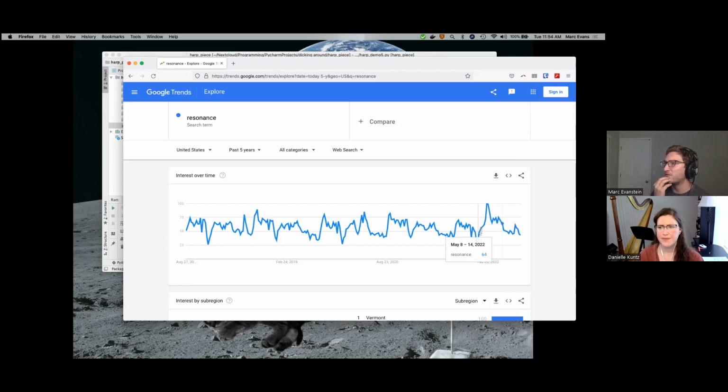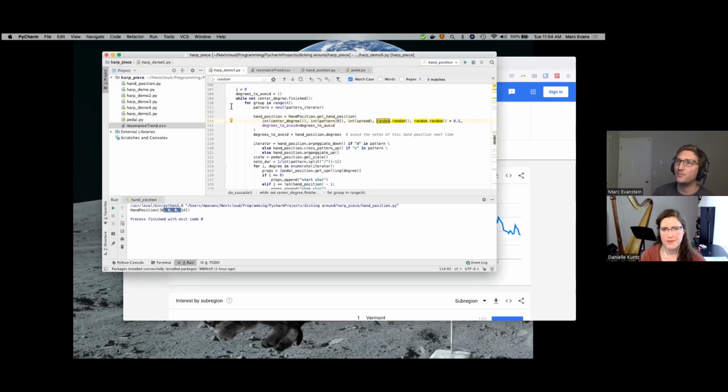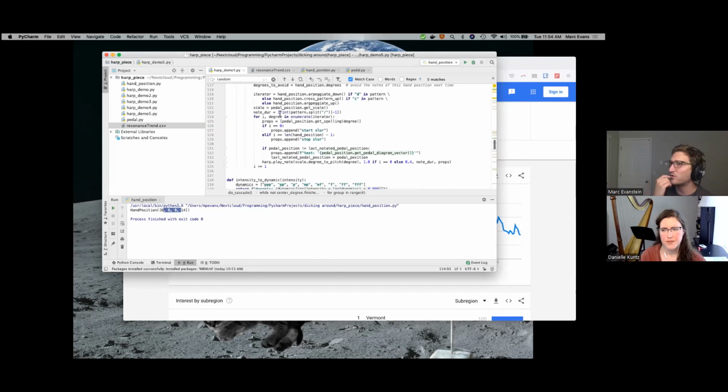Right? To find just like, oh, if I throw these different elements together and I see what it spits out, it turns out it's kind of interesting right there for some reason. I don't know why, you know? Now, part of the idea with Scamp is that I'm writing the code and immediately I get oral feedback from it. So right here, if I run Harp demo 5,